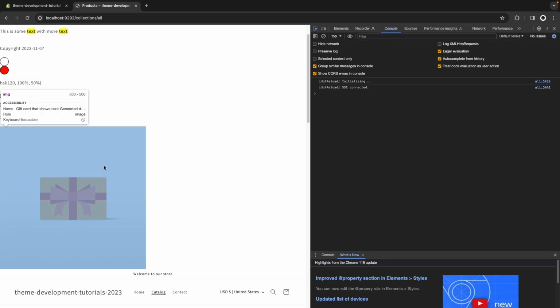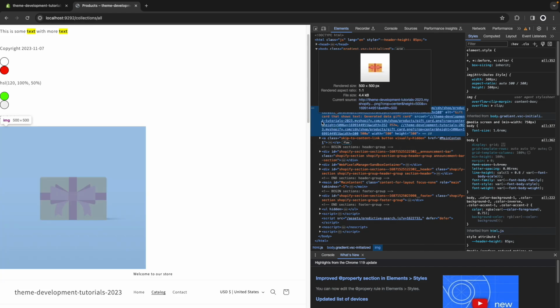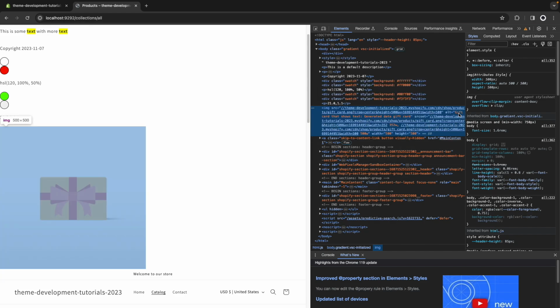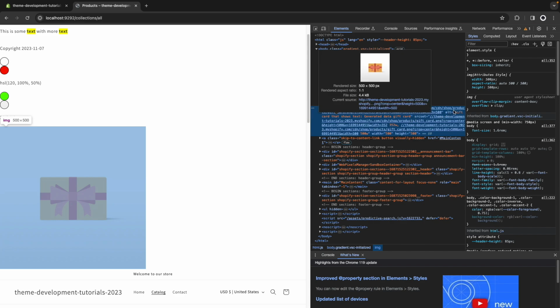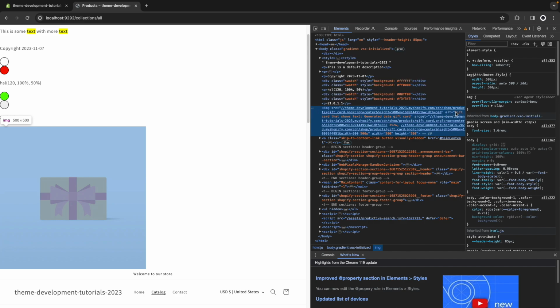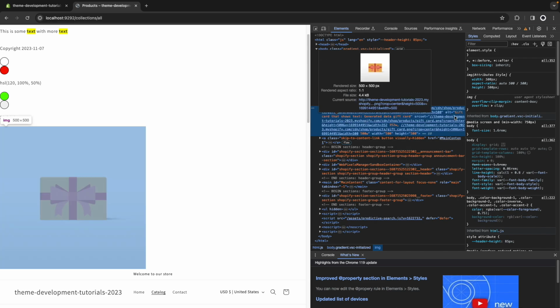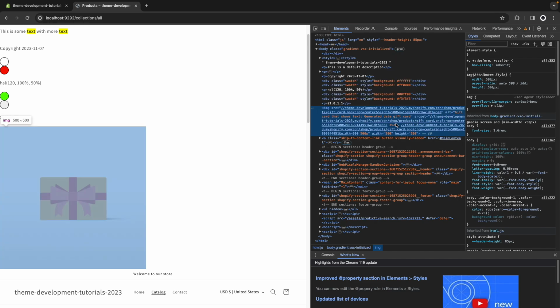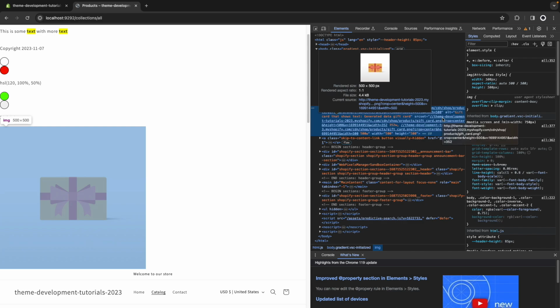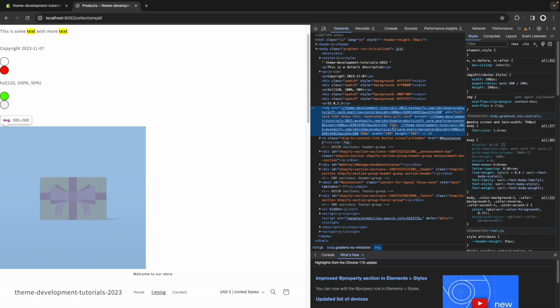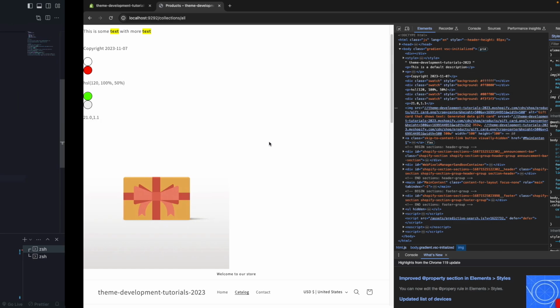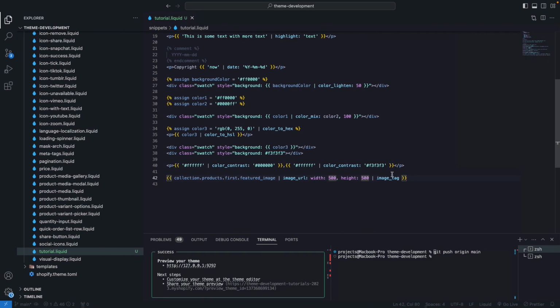So let's see the HTML that we get for this, and here we can see that we get this alt text, which Shopify did not generate. It was populated when we created the store with some test products. If your product image doesn't have an alt text, this won't show. Anyways, here we can see that we also get this src attribute populated with different sizes for our image. We get the width and height attributes, and yes, that's it. But we get a lot for free basically, and it's also less code to manage, so we should use the